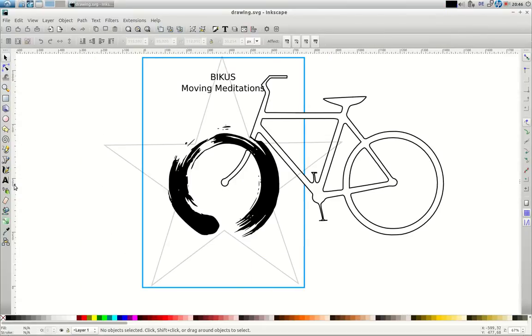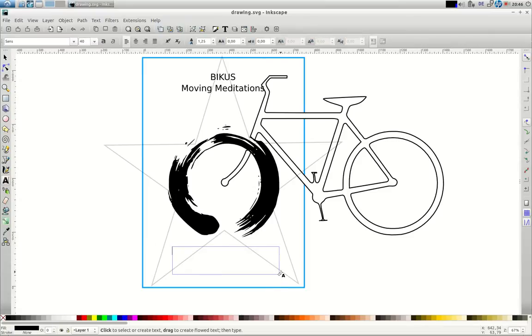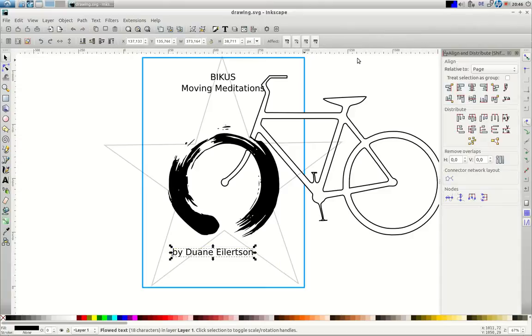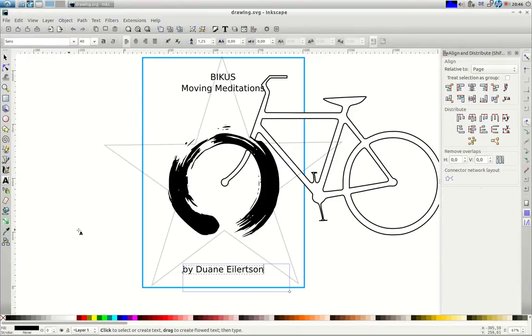Okay, so now we want to put his name, and we're going to put by Dwayne Eilertson. F1. Let's put it on the center of the page again with the centering tool. There we go. Now Dwayne is also a New York Times best-selling author, so we're going to add that too, and we're going to change this later. It's not going to look like that, of course. We're just adding the text first. So text tool,